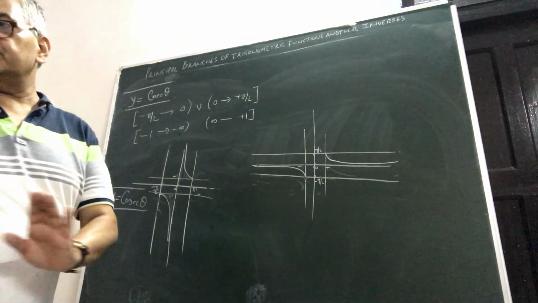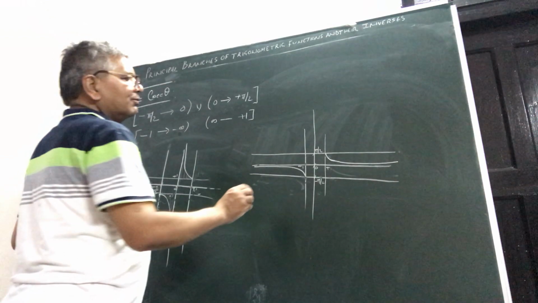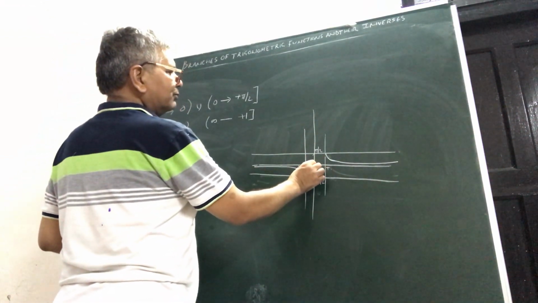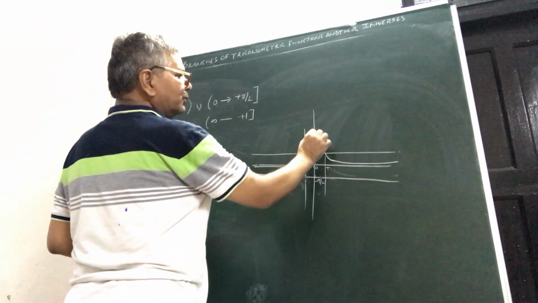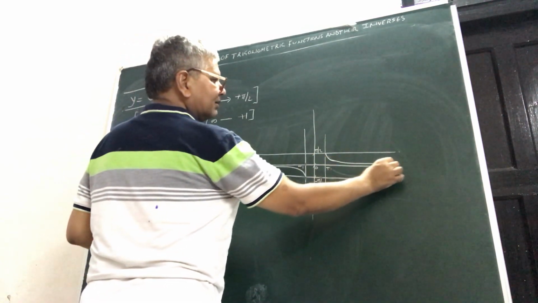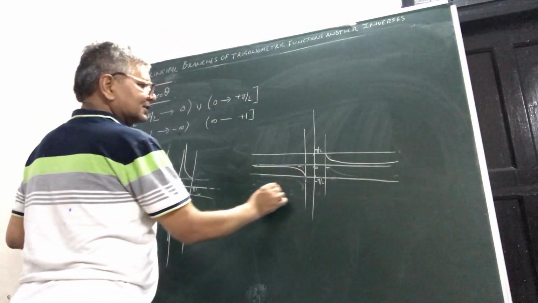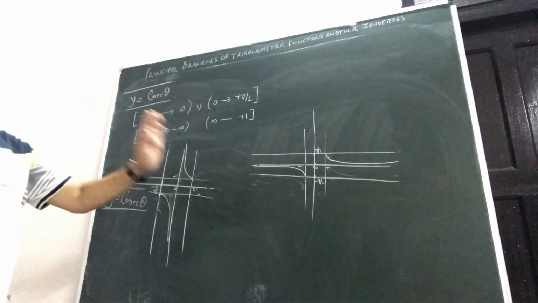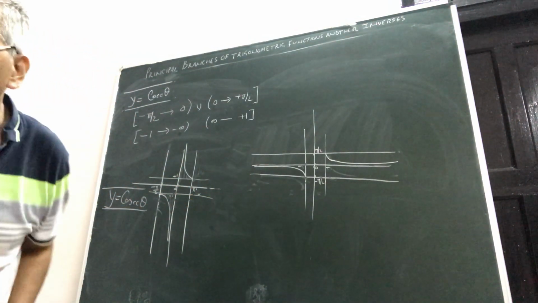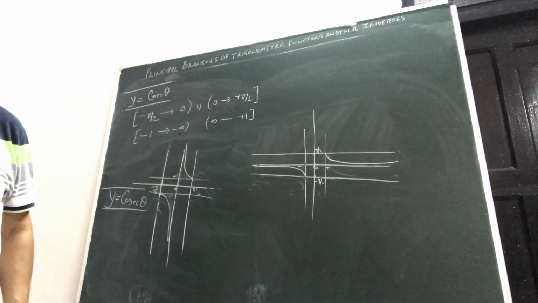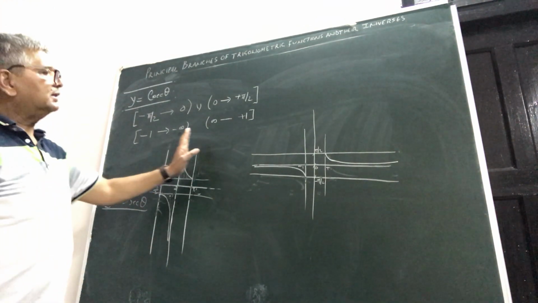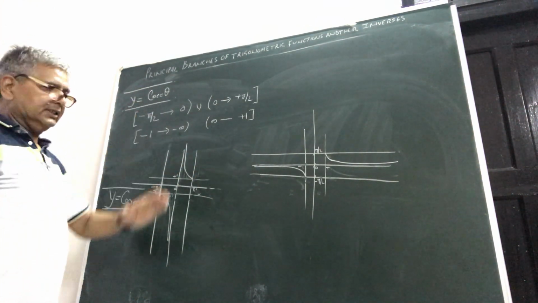And see, I tell you the way out also. What you do here, again you will draw an upwards parabola 0 to pi. So this will come like this, upward. And then see, downwards, like this. This is complete. So this is, you will always find it to be absolutely okay. Okay. So this is the graph of cosec theta.